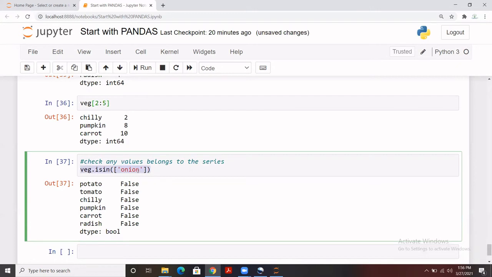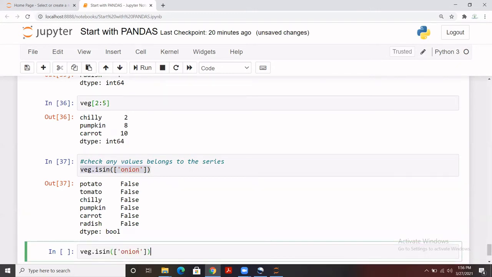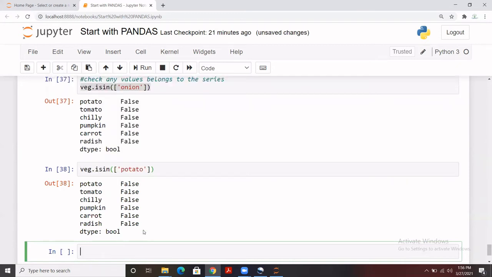If we pass something that is already there, let me copy and paste it. Here I'm passing a value which is there in the series, for example, potato. Once you run it, it should give True for potato. The spelling is potato. Let me run it.